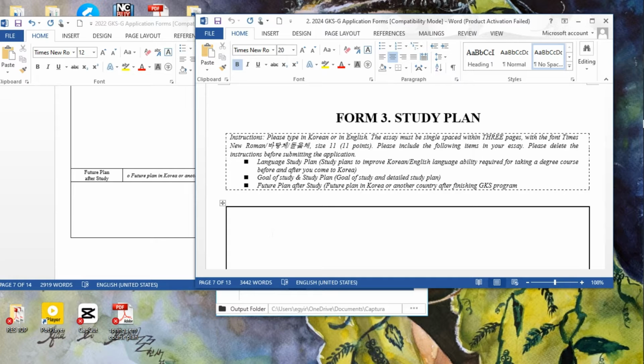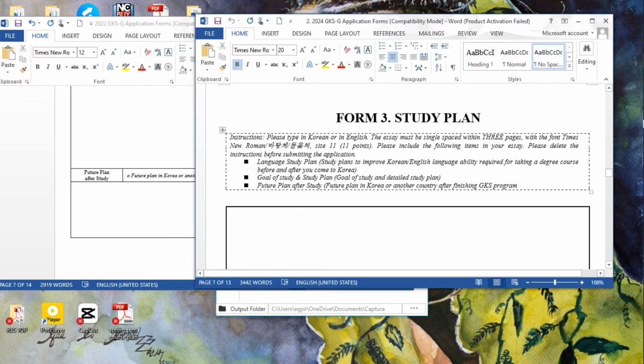Don't start from A, end up at D, and then come back to B. Just organize everything well before you put them together. That's why they've given you some pointers here. You start with the language study plan and then move to the goal of study and the future plan.